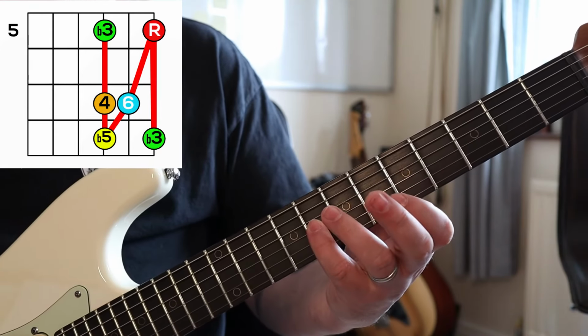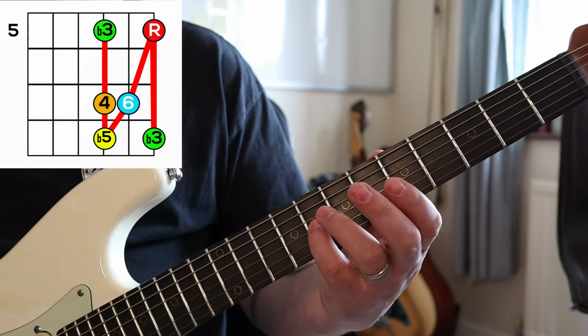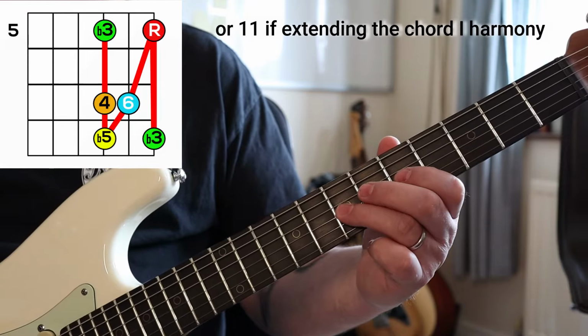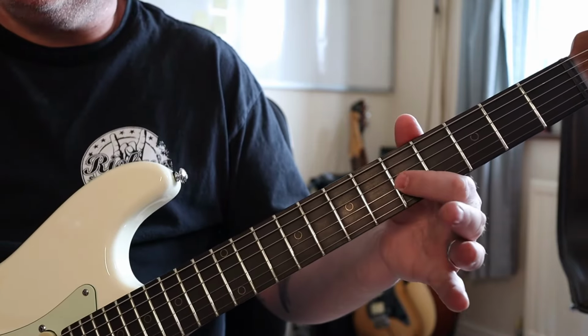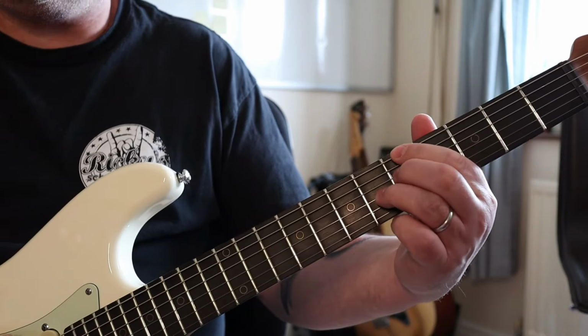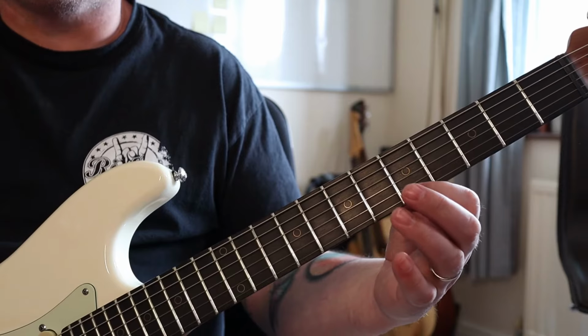And then what we do is we scoot over onto the flat 5 here, which is an outside note, down to the 4th, then down to the flat 3rd again, and then bend that flat 3rd to lead us back to this 1 chord. Now the cool thing is we get this little diagonal shape,